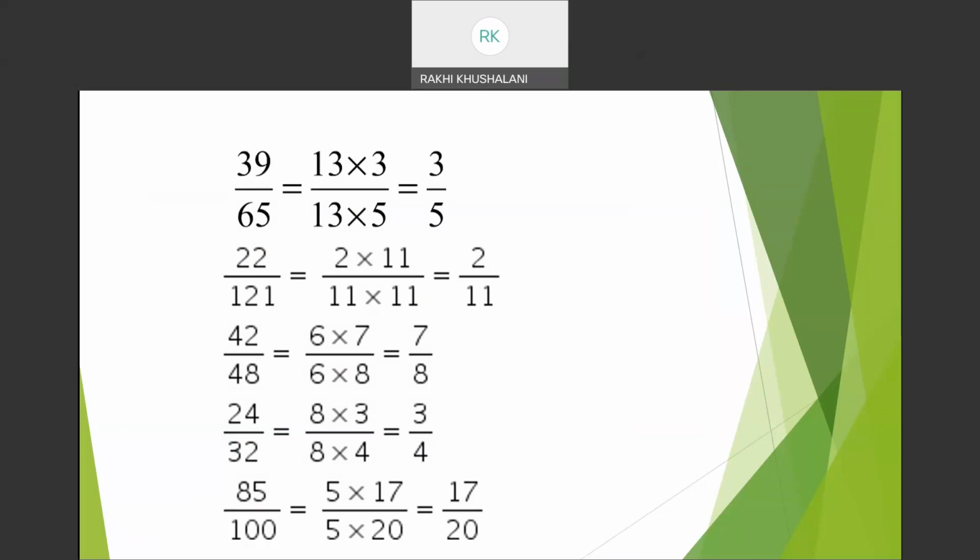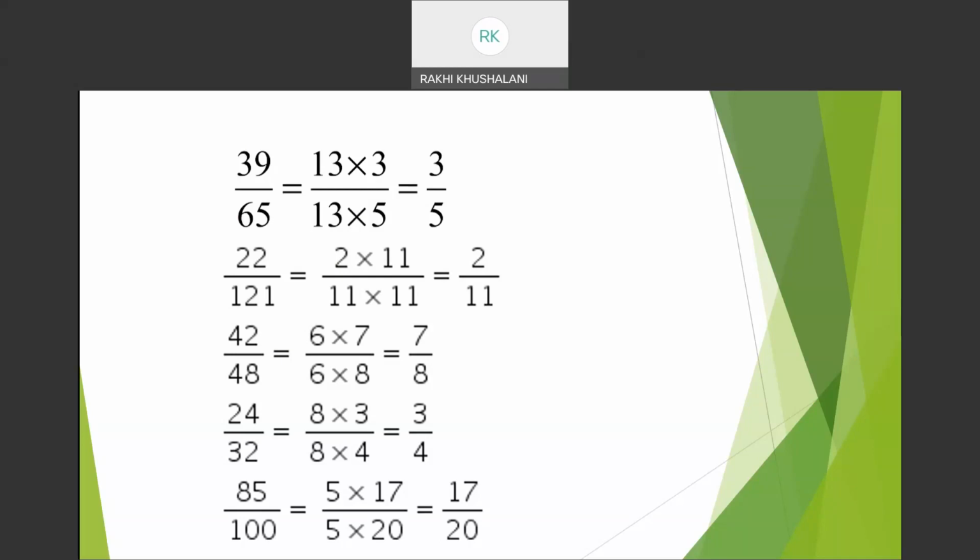आपको term याद रखने की जरूरत नहीं है. जब आप 6th standard में जाएंगे, 5th standard में जाएंगे, तब तक आपको ये term easily याद हो जाएगा. अभी आपको याद रखना है कि जो सबसे बड़ा factor है दोनों के बीच में, आप उसके साथ उसको divide करके you get the lowest term fraction. See, 22 means 2 into 11 and 121 means 11 into 11. That means 11 is the greatest common factor.